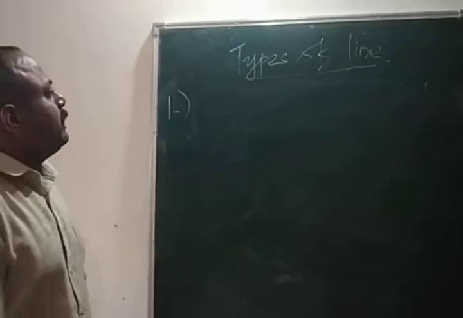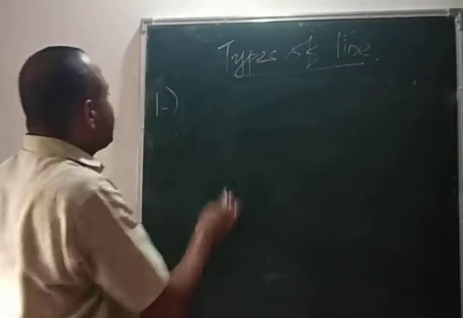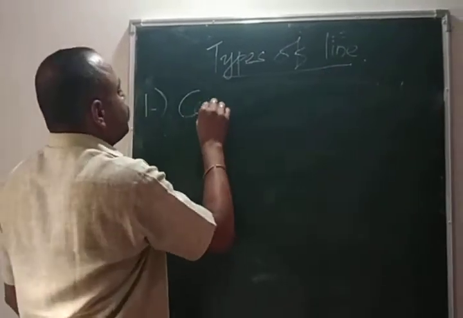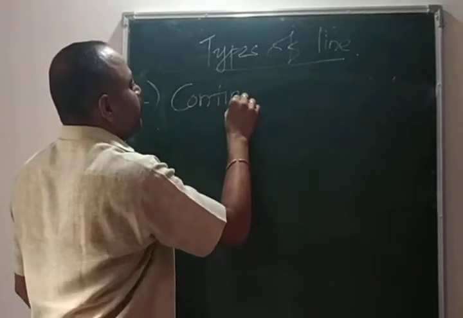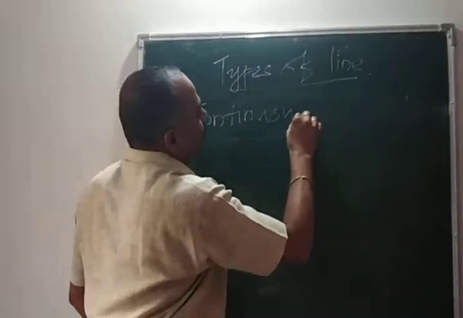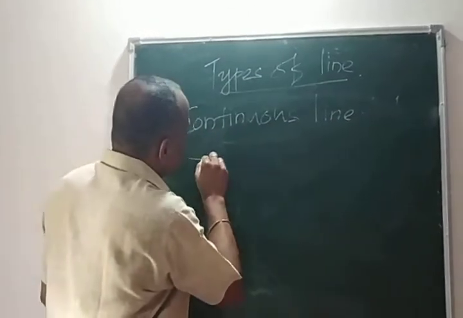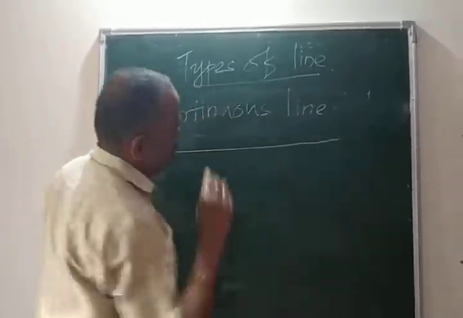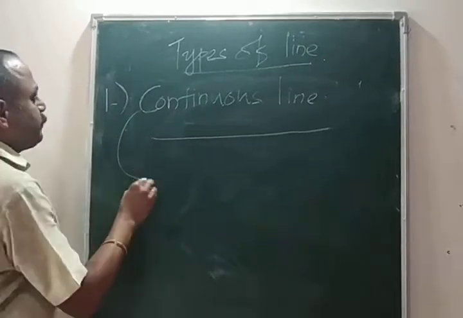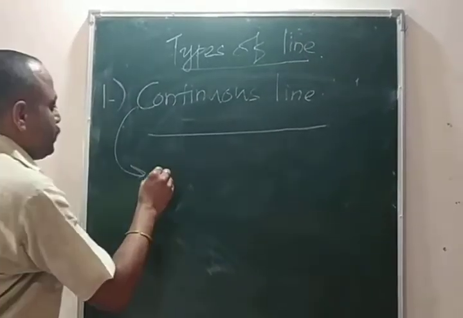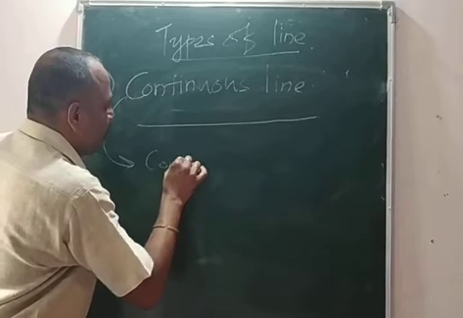We are going to learn types of lines. First type of line is continuous line. The symbol of this line is like this. There are two types of continuous lines. One is continuous line